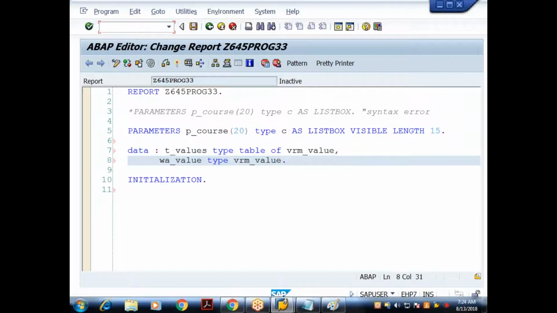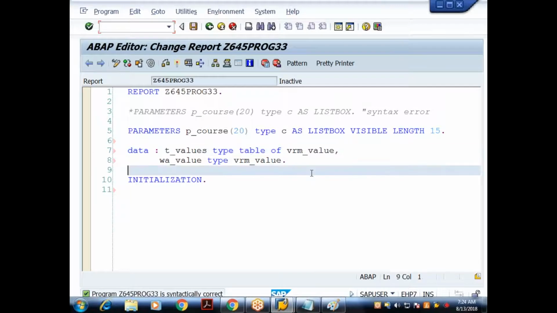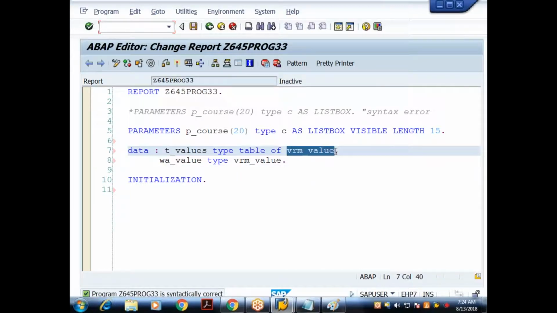In this case, even if I don't, the syntax check gives no errors. But in older versions, 6.0 or lower, you may get an error saying VRM_value is unknown.